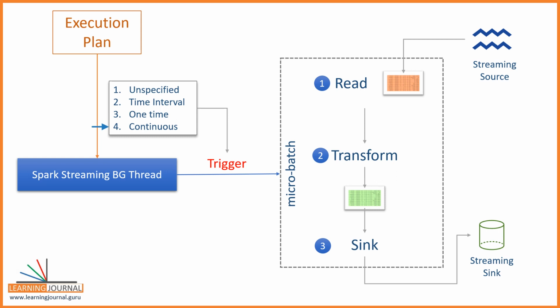The last option is a new feature in Apache Spark to achieve millisecond latencies. The micro batch approach is good enough to create micro batches and run as quickly as a few seconds. However, when you want to get things in less than a second, the micro batch approach may not be suitable. Apache Spark is evolving with the continuous triggers to achieve millisecond latencies, but this feature is still marked as experimental.